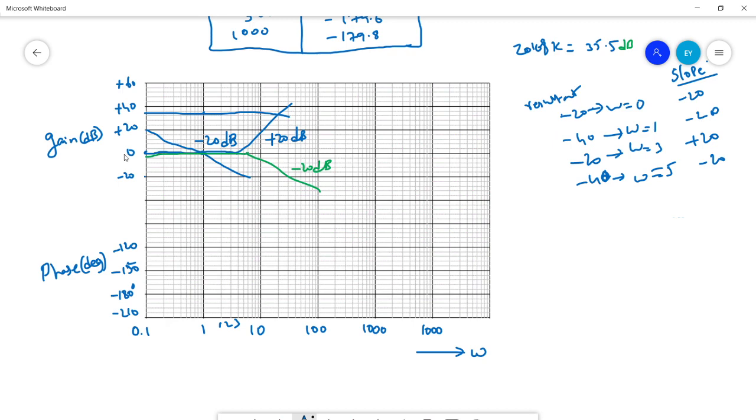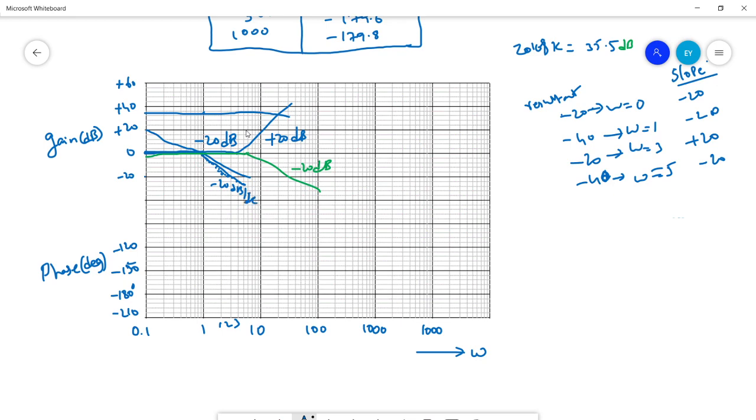So from 0, at omega equal to 1, what we have is another 20 dB. I'm just writing it as a parallel point to show the difference between omega equal to 1 and omega equal to 0, right? But both give minus 20 dB. This is coming from 0, it is coming till omega equal to 1, then it is coming down and contributing minus 20 dB per decade, right?